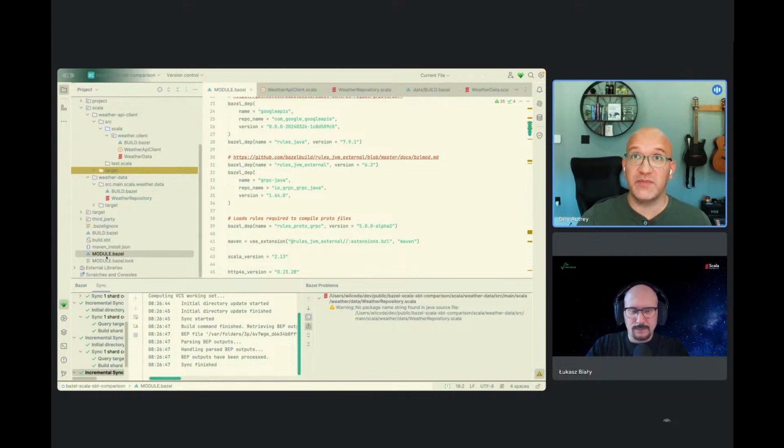Google has moved to something called Bazel mod since Bazel 7. The idea here is that as much as possible, instead of downloading the whole HTTP archive from GitHub or anywhere, and then having to execute all of its methods to download its transitive dependencies, Bazel mod just allows you to have a Bazel dep function invocation here. You can specify the name of the dependency you want and the version, and it will do all this automatically for you based on how the rule is set up.